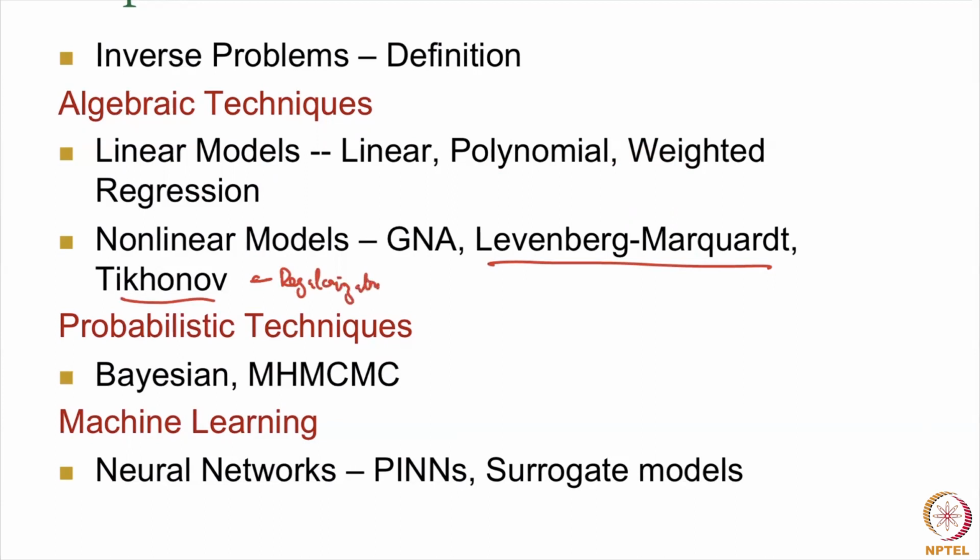Then we switched our attention. This was our first set of techniques. The second set of techniques were probabilistic techniques, where instead of interpreting the problem as one of simply finding a function, we interpret the problem as trying to find out a probability density function. After an introduction to probability and all the other terms, we looked at the Bayesian approach, specifically using the Metropolis-Hastings Markov chain Monte Carlo. The Metropolis-Hastings is basically a sampling technique